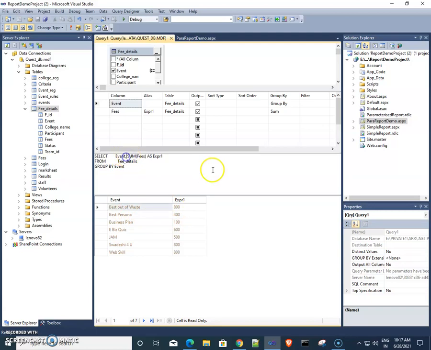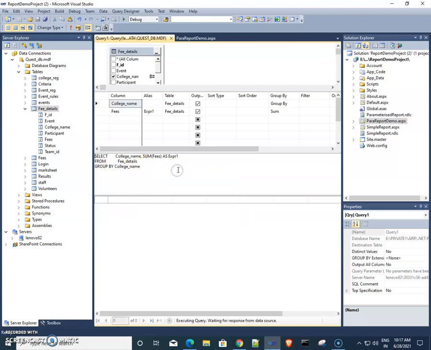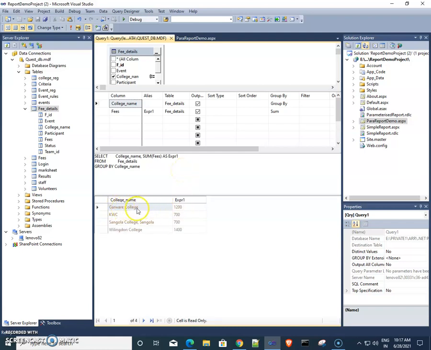Then this query we can call college wise, means college name, inside group by we use this college name, instead of event. So from Garware College 1200 fees we have collected. From KWC 700, Sangola College 700, and Willingdon College 1400. So this is the college wise result, and the previous result is event wise result.